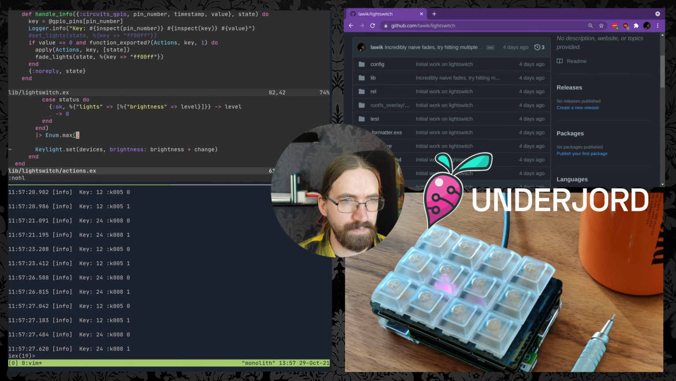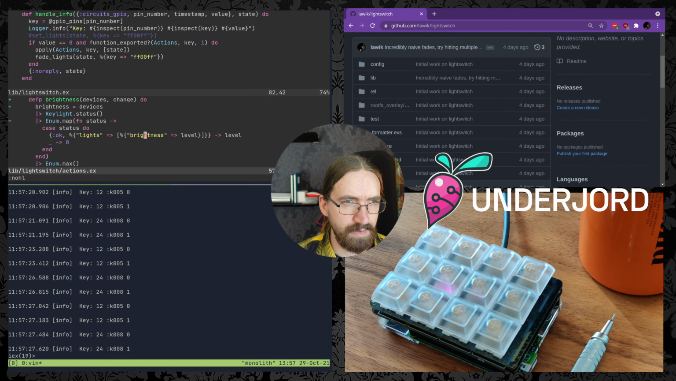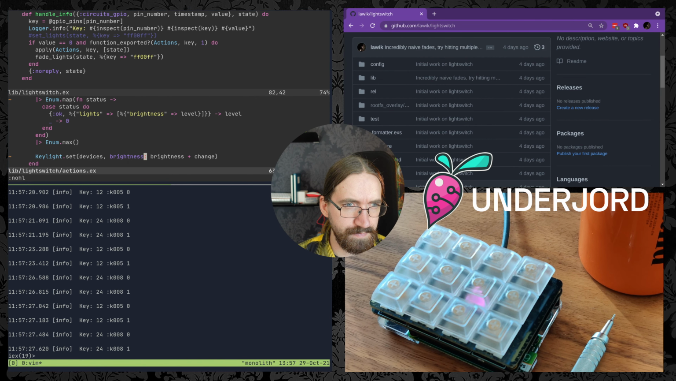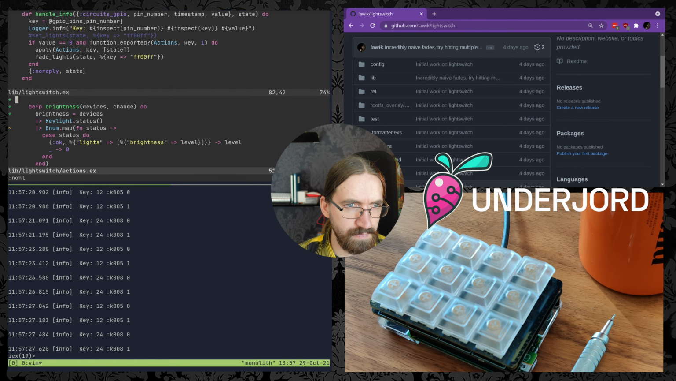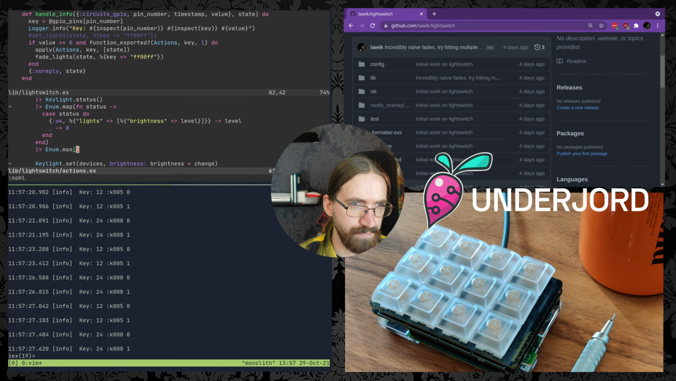Let's see. Set brightness. Gets the brightness. I can do Logger.info. Changing brightness from